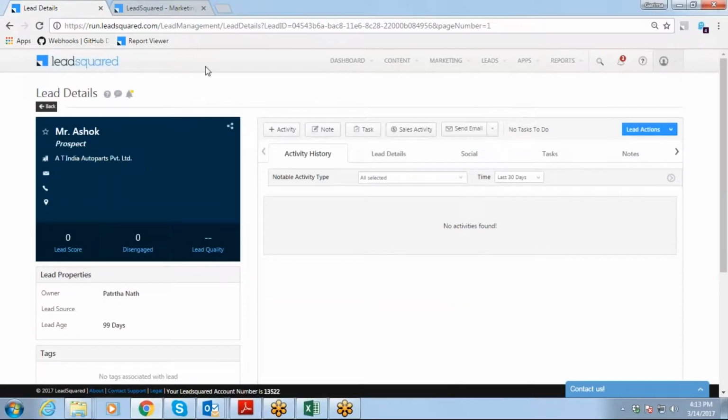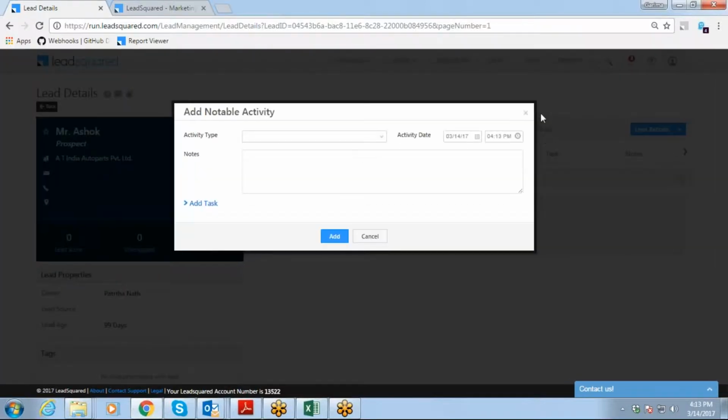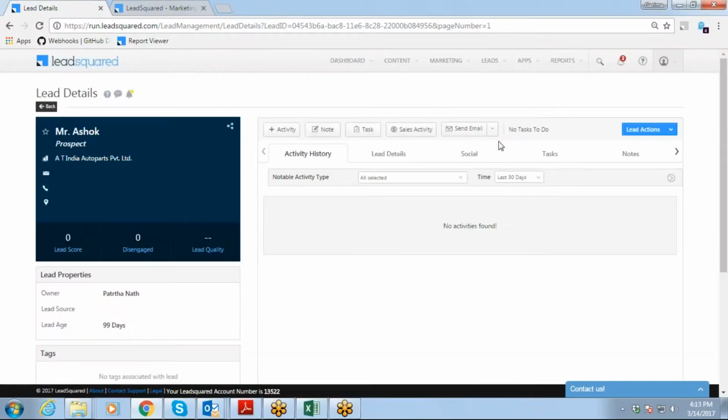So now this was the activity thing. Now I'll just show you, if you want to make use of note, you can make use of note, but initially always try to use the activity all the time. Note is always used when you want to just add a unique thing about your lead, right? So if you want to just trace him out that this was the lead which wanted something new, or any unique thing about that lead, you can add in note, right?